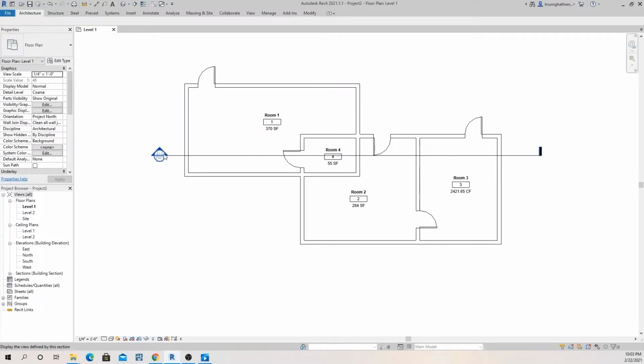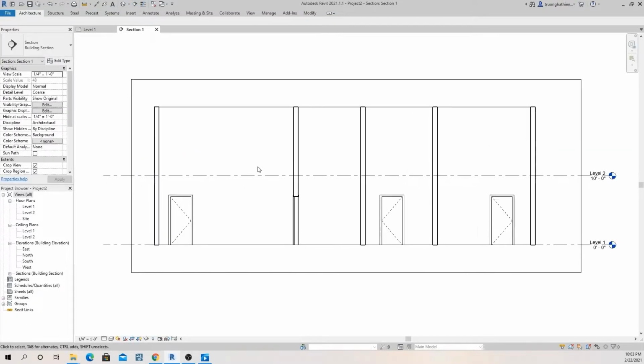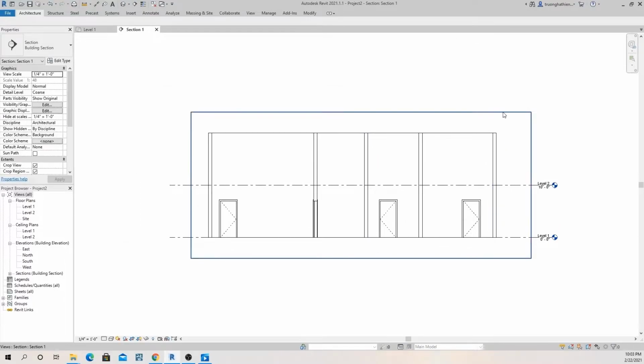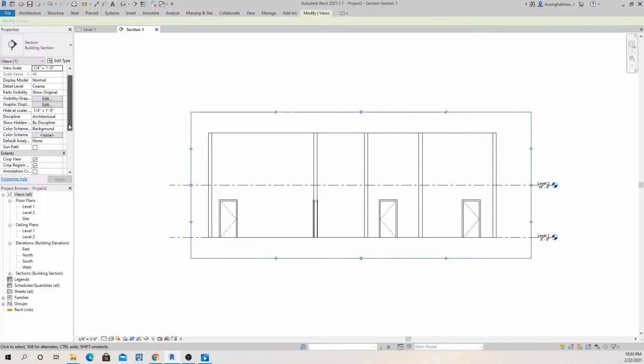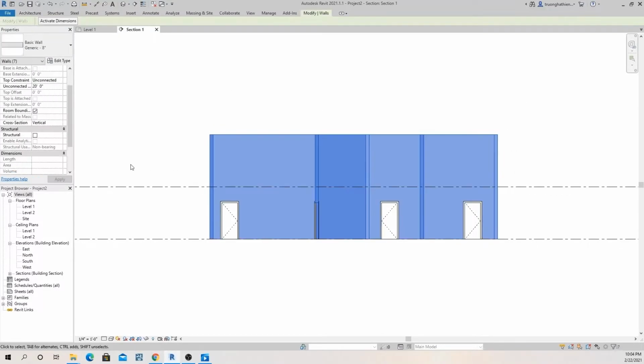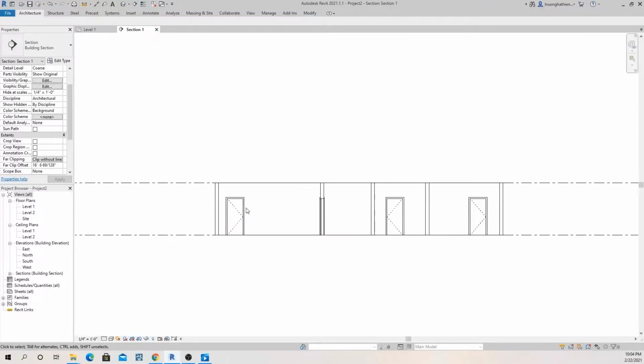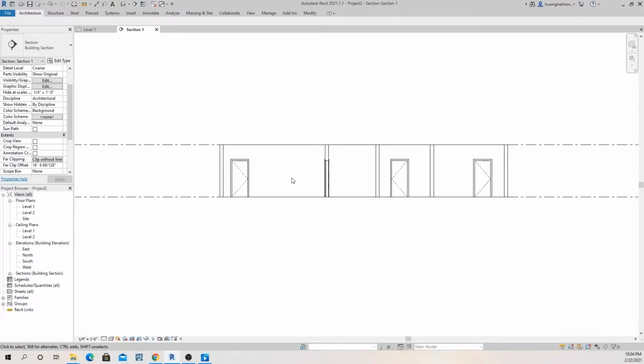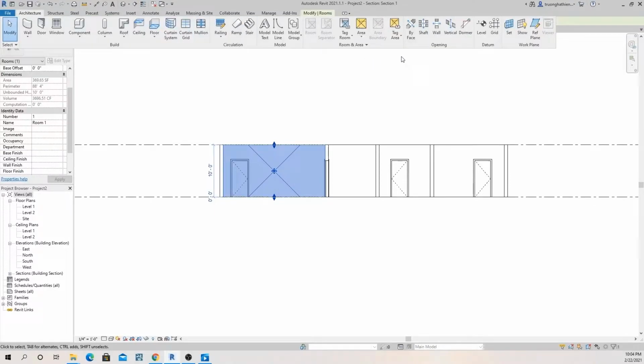You can see that after we did define the room tag on the floor plan, now we can see that on the elevation. Here I can talk to you about the group region and group view. Let me turn that up. You can see the whole object you draw. And now I edit the height of the wall to make the level 2. Now you can see